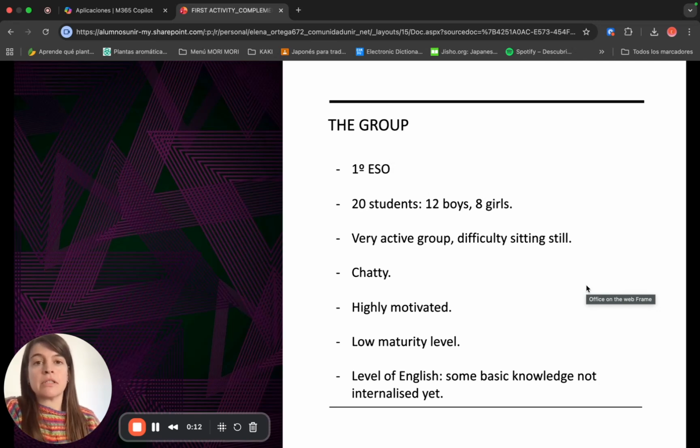So, first of all, we're going to talk a little bit about the group. It's a first of ESO with 20 students, roughly the same amount of boys and girls. It's a very active group. They like to move. They are very physical. They have difficulties sitting still. They are very chatty and they're motivated, okay, but all that good energy, I think it needs to be channeled